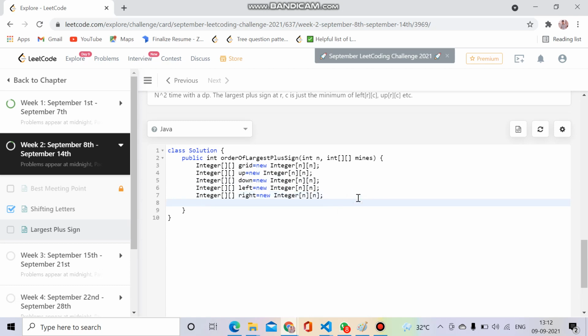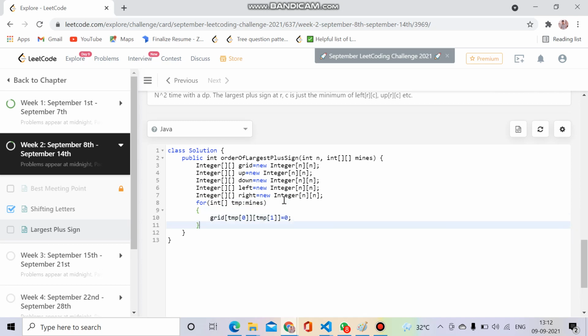And now what we will do is I will access the mines array, and I will make those cells 0 and all others will be made 1. So for each int tmp in mines, grid tmp 0, tmp 1 will be 0.